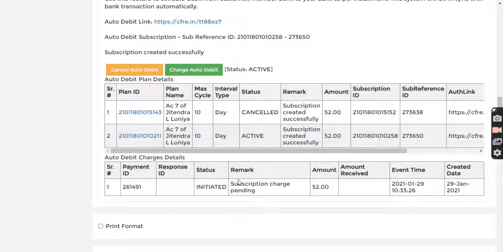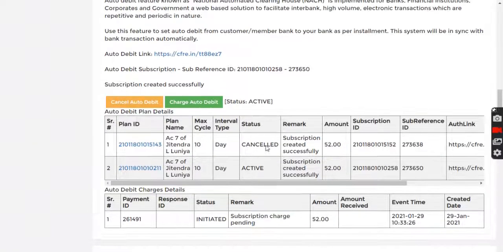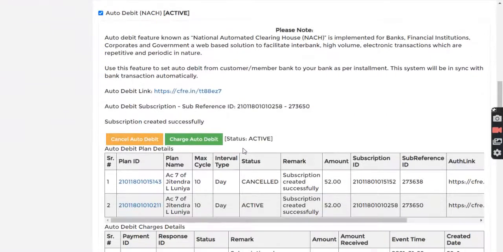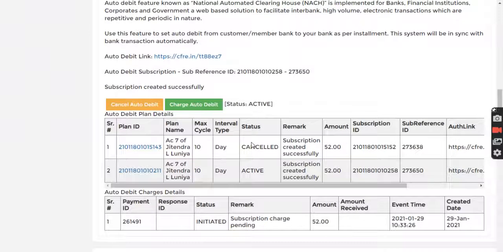In case your transaction is not successful or there is any issue in the transaction, you will get a report, that is the status report due list, which will be emailed to your registered email ID on a daily basis, so that you know which transactions failed today.